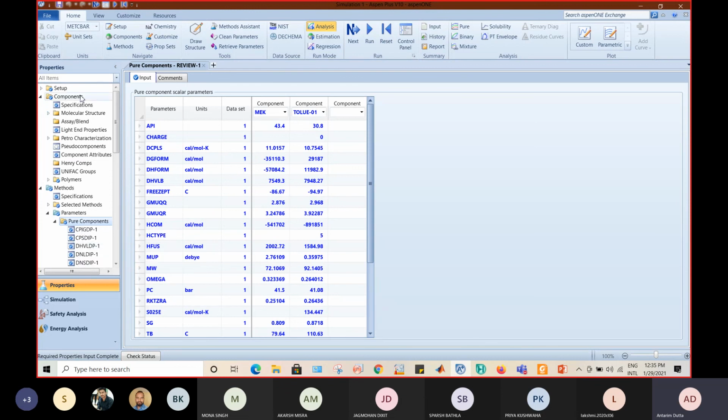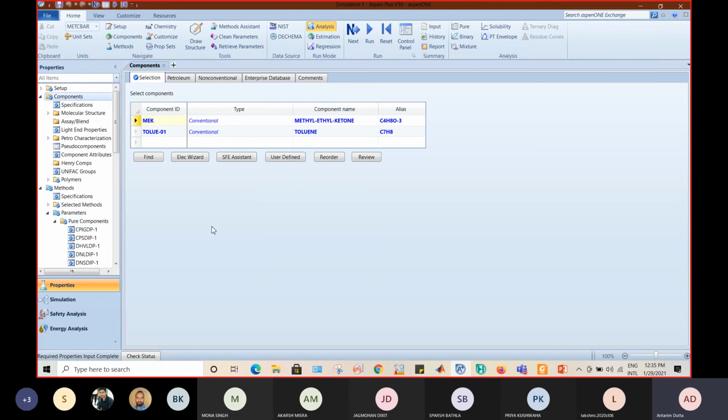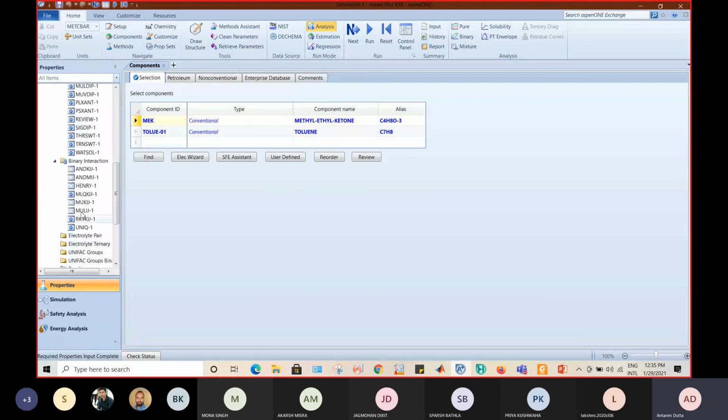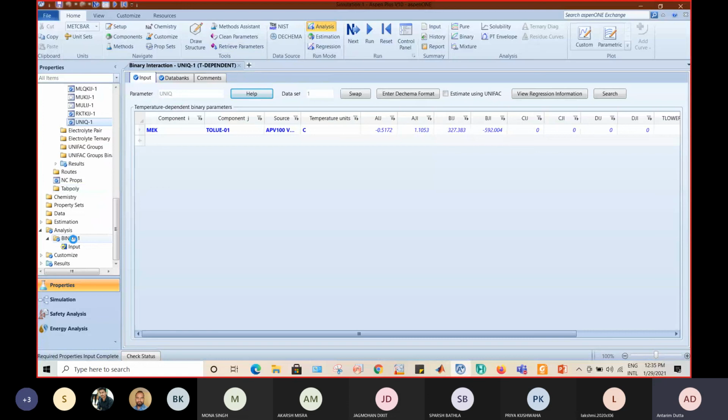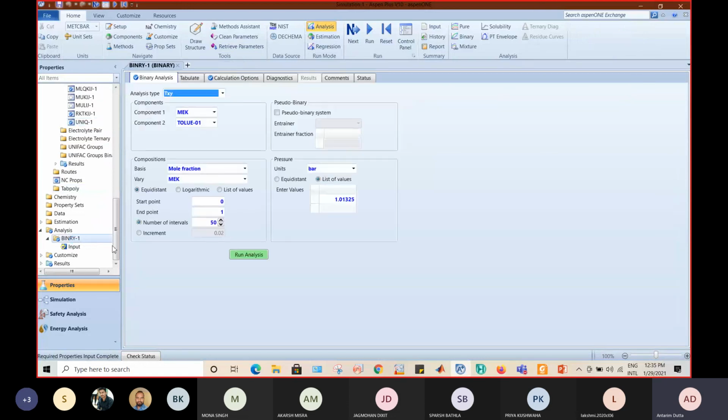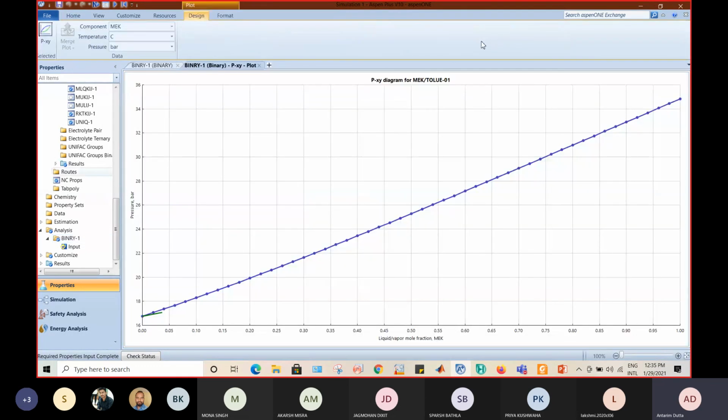Okay, so in this way you can get an idea of what is what. And as for the analysis, the result of the analysis you can see, we were on the binary analysis. So here we were, and we were discussing the results of the analysis. Again, you can run the analysis and see the result. Suppose that you want to see the PXY curve, but not at 25 degrees Celsius, but at 250 degrees Celsius. So you can just change the temperature, and you can again hit the run analysis button, and a graph will appear in front of you.